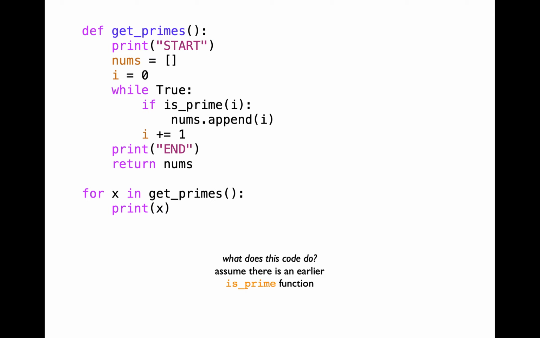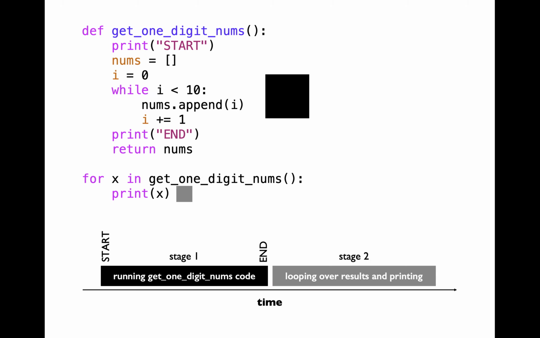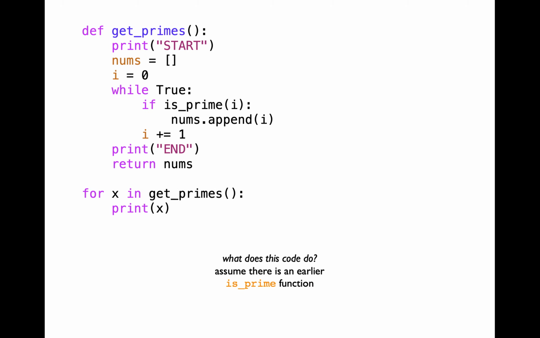Alright, so the next example that I'm going to cover is the motivation for why generators are really needed. As you can see, if I quickly switch back and forth between the two examples, they are quite similar in nature. So take a few minutes here again and pause the video and try to understand what this function get_primes here does. You have to assume that there is an earlier function which